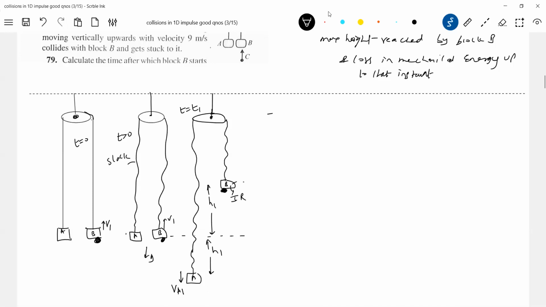Very next moment, what will happen to this? What actually goes on, first we'll analyze here. Very next moment you see that the string will be slack here. The ends of the string now have different velocity. You can see that this block A will try to move down, because of the velocity. And what about block B? It cannot ascend further up because of the weight. It will try to move down. So what happens to the string? Suddenly the string will become taut.